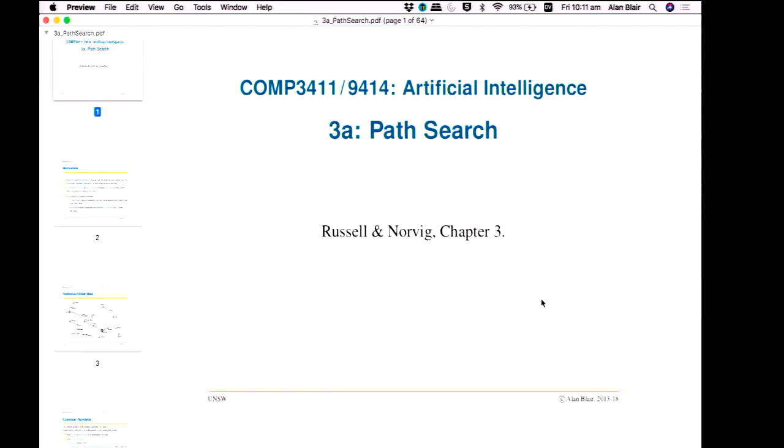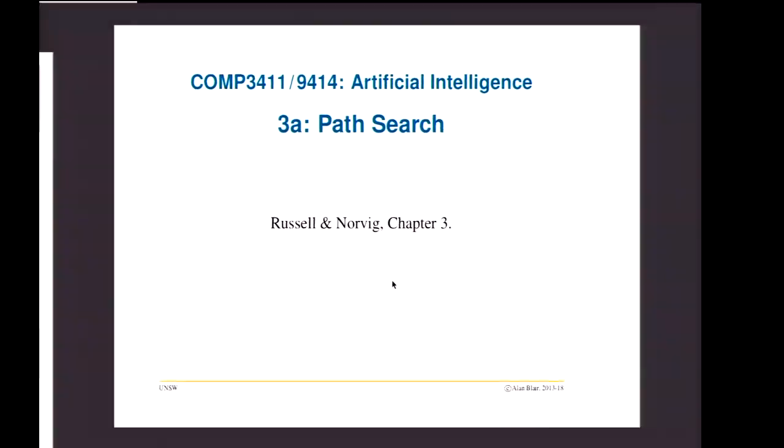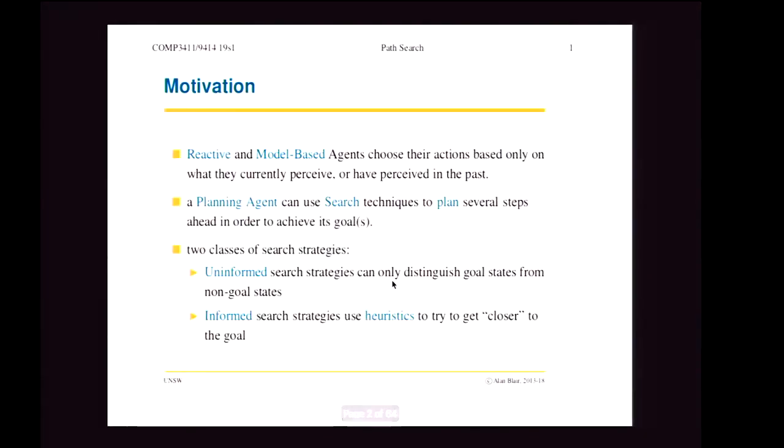Okay, so today we're going to start talking about path search, which is chapter 3 of the textbook. Now, just to see where this fits in, if you remember, we talked about reactive and model-based agents that choose their actions based only on what they currently perceive or what they've perceived in the past and stored in their memory. But then a planning agent can use search techniques to plan several steps ahead in order to achieve